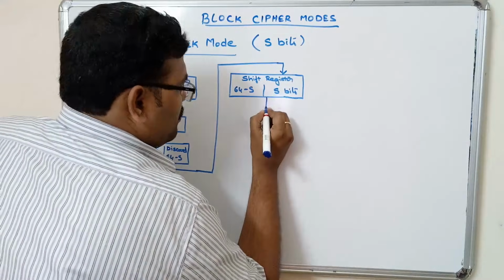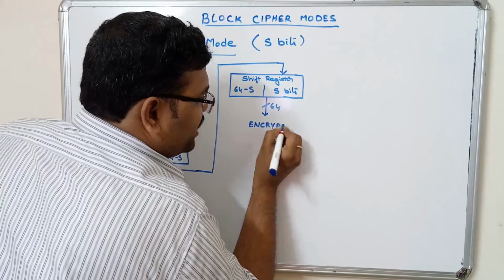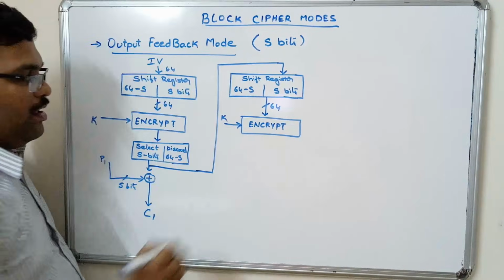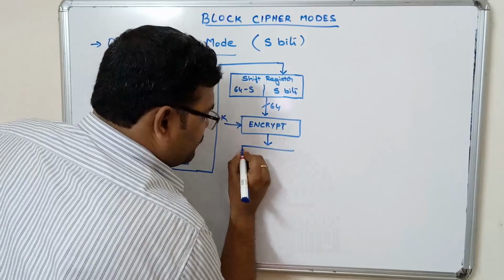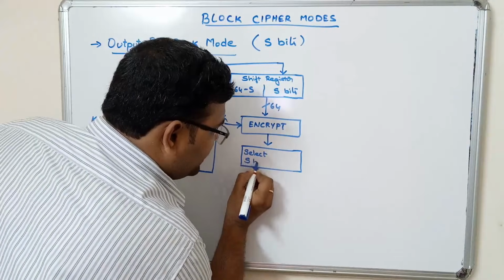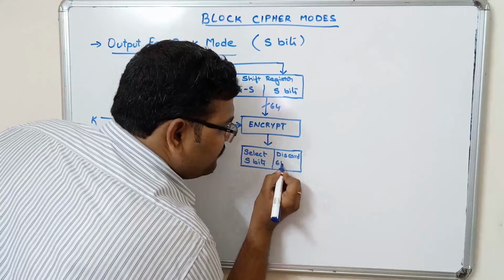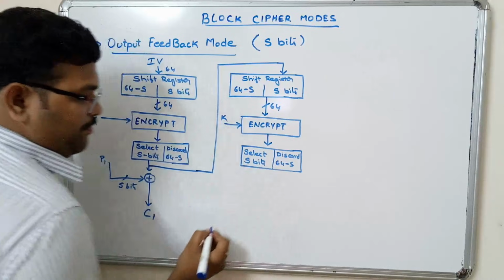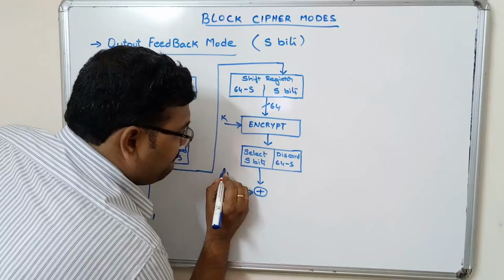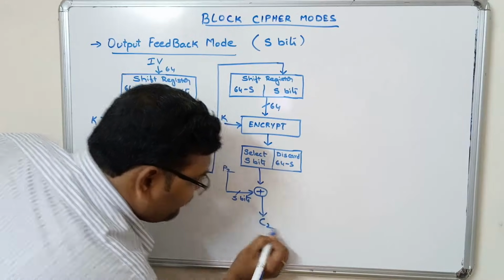Now this 64 bits will be given as input to the encryption. Apply the encryption algorithm, use the key, so that again we will get the 64 bits. Again the same, select S bits and discard 64 minus S bits, right? So select these S bits, XOR operation with the plain text P2, here it says S bits, so that we will get the ciphertext C2,